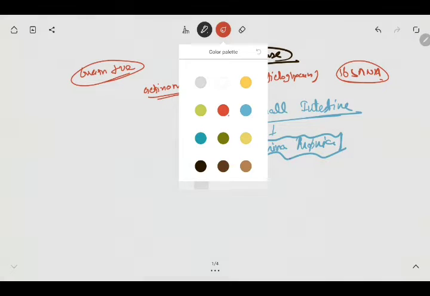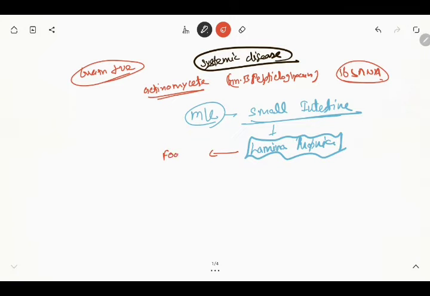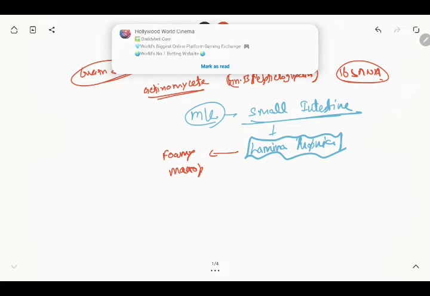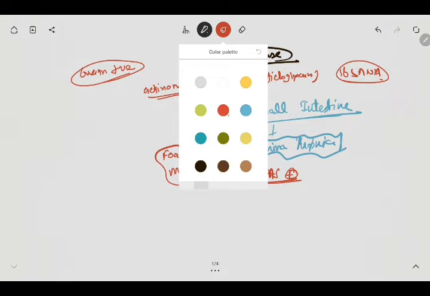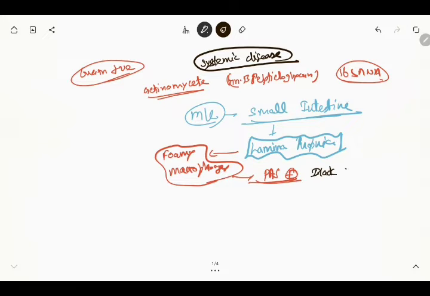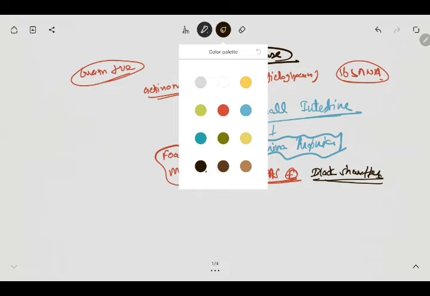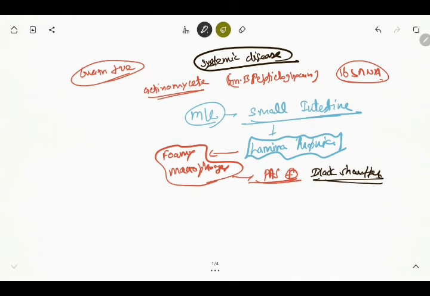The characteristic feature of this lamina propria is foamy macrophages. These are stained by a special stain called PAS stain, which stains positive, hence it is called PAS positive. The PAS stain was first applied by Black Schaffer. Important to remember it because, as I told earlier, it is a systemic disease. It can mimic any number of diseases. It is a great mimicker. This is an important feature from the small intestine biopsy: foamy macrophages in the lamina propria, which stain PAS positive